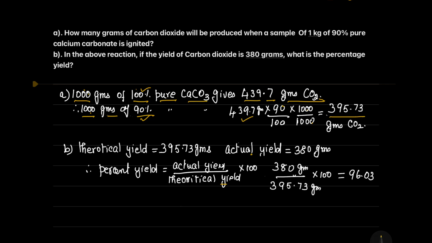But part B of the problem says, in the above reaction, if the yield of carbon dioxide is 380 grams, what is the percentage yield? So, the actual yield is only 380 grams, whereas the theoretical yield is 395.73 grams of carbon dioxide. So, substituting in the equation, percent yield is equal to the actual yield divided by theoretical yield into 100. We get the actual yield 380 grams divided by the theoretical yield 395.73 grams into 100 gives the answer